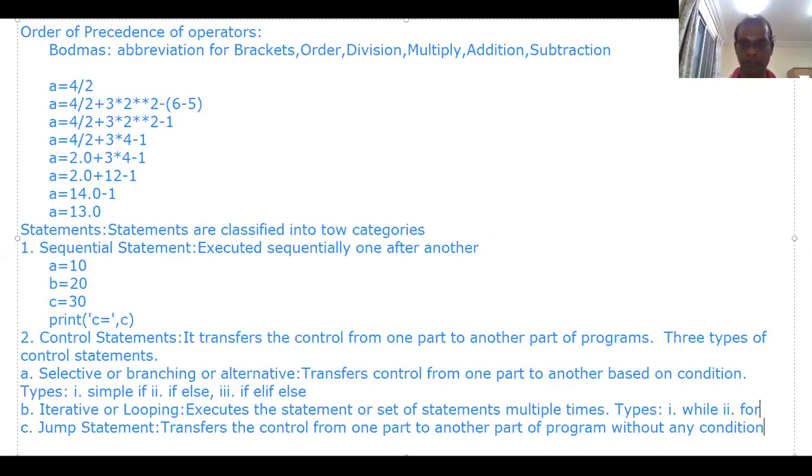There are also three types. One is break. Second one is continue. Third one is pass.